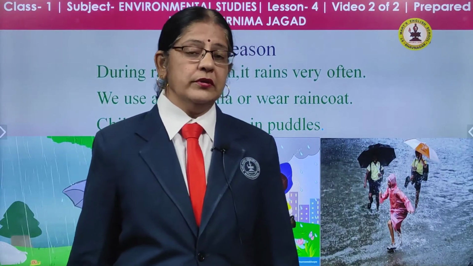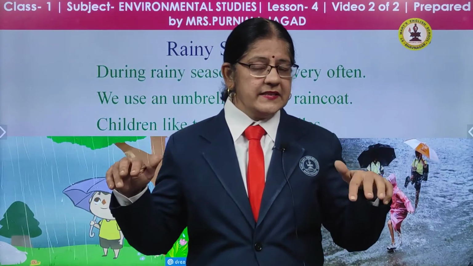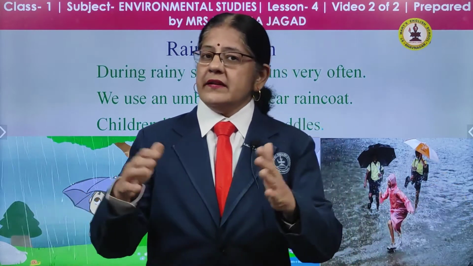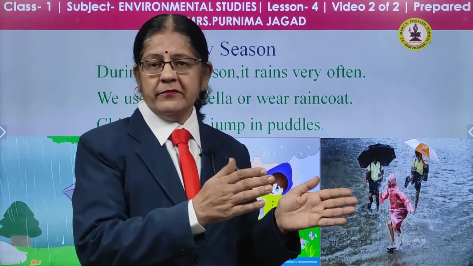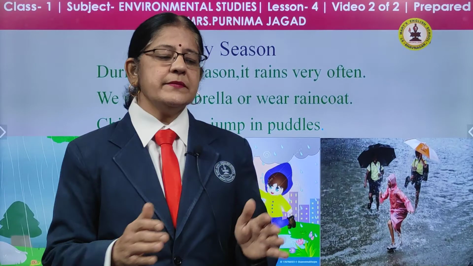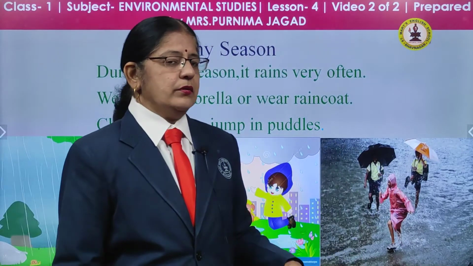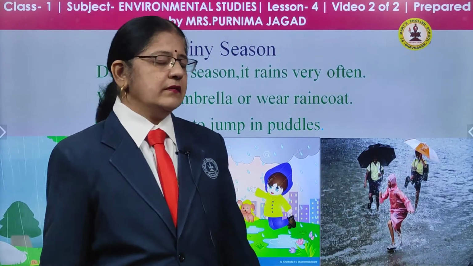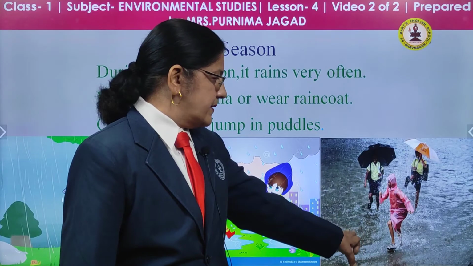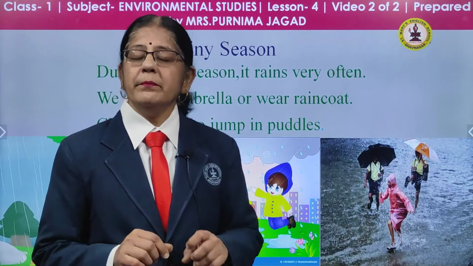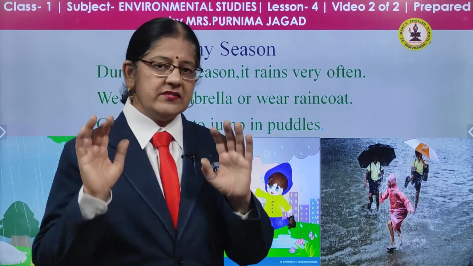As I told you before, when there are heavy rains, everywhere the water is gathered, and somewhere small puddles. Puddles means a place where water is gathered, and after some time it goes away on its own, or it has drainage, it will come out. Sometimes some children like to jump in those puddles. When it is raining, they like to jump in the puddles, they like to play in the puddles, they like to sit in the water.